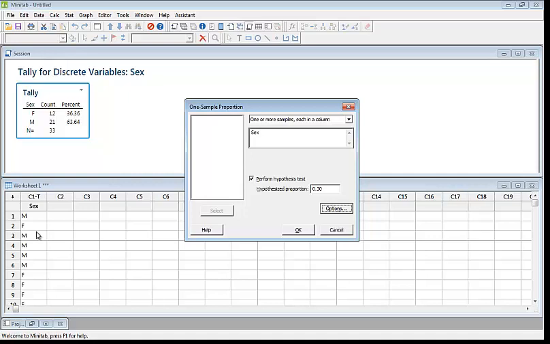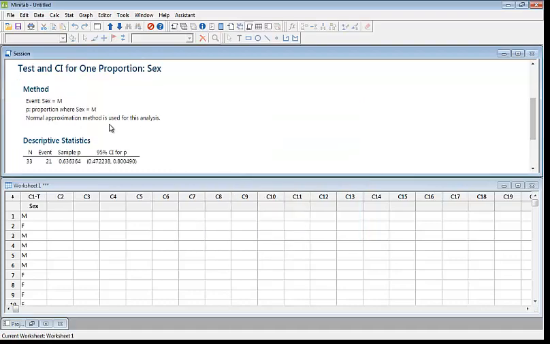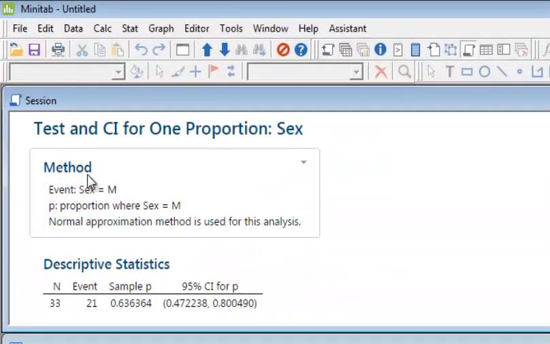Here, Minitab uses the word that is second in alphabetical order, right? So we have our categories of M and F. M stands for male, F stands for female. Now, which is second in alphabetical order? M, right? M is second in alphabetical order. So this test will be performed with success as male, whereas we need the success category as female. Let us just do it and then we will correct it later.